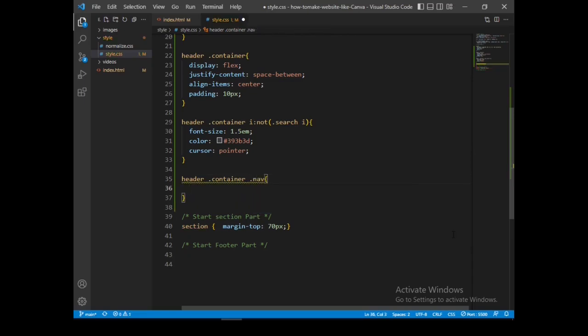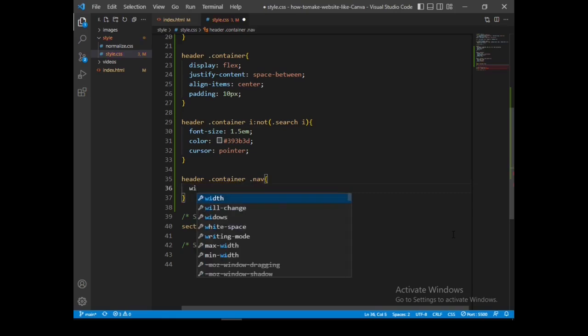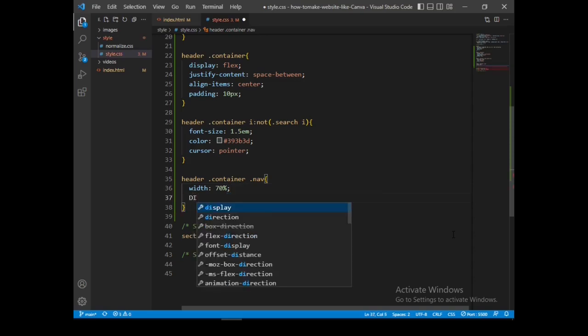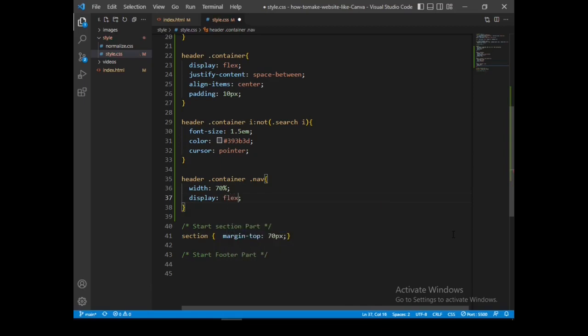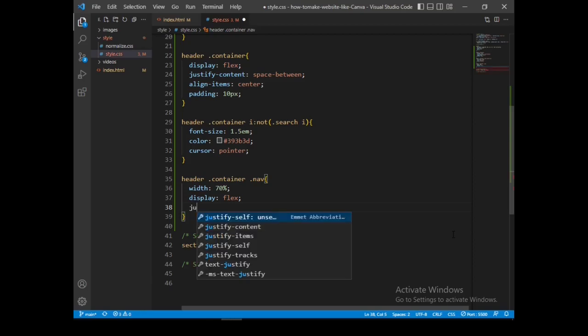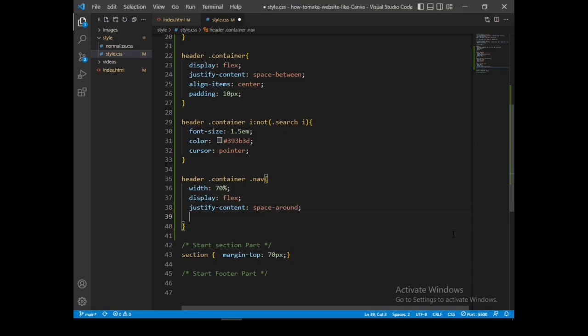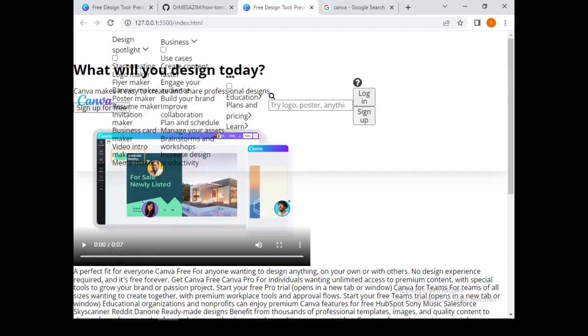Width, let's give it 70%, and let's set the display flex and justify content to space around, then align items to the center. Let's have a look at the progress that we have made. There you can see the progress that we are doing.